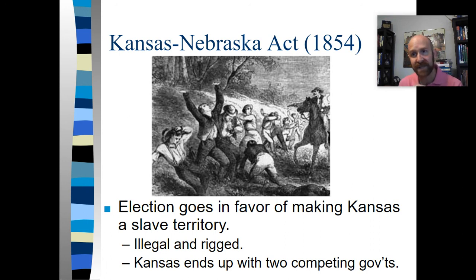The political process, if you've noticed, is falling apart. This is a key. This is something you should remember. So far, we've been able to solve our differences politically through discourse, through democracy, right? We've had all these compromises. But now with the Kansas Nebraska Act, we're starting to see that the compromise and the politics are going to start to fail, right? Politics failed in Kansas. It failed because we resorted to violence to solve these issues, and we're going to see that continue to be the case.